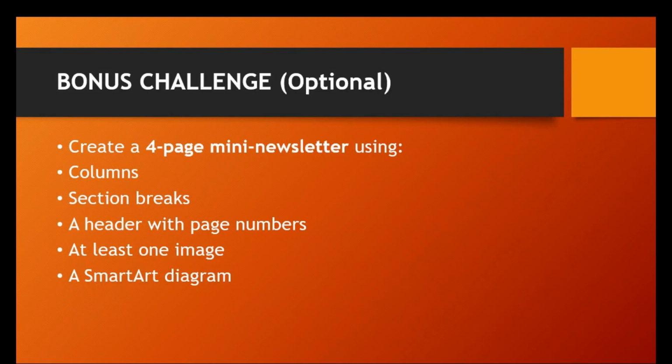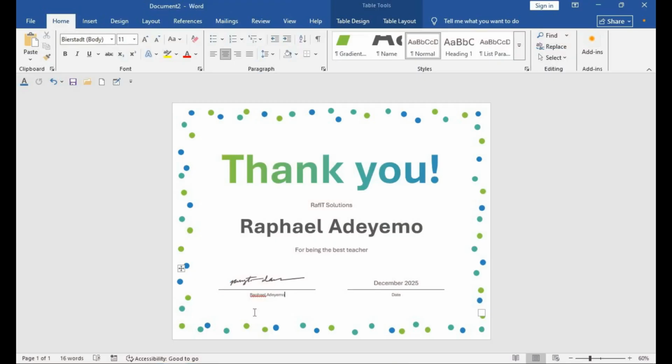Bonus challenge, this is optional. Create a 4-page mini newsletter using columns, section breaks, a header with page numbers, at least one image, and a SmartArt diagram. Good luck, and when you are ready, I'll see you in Module 5, where we'll start